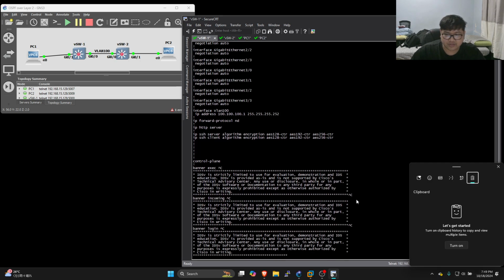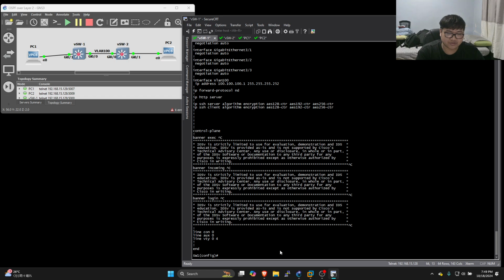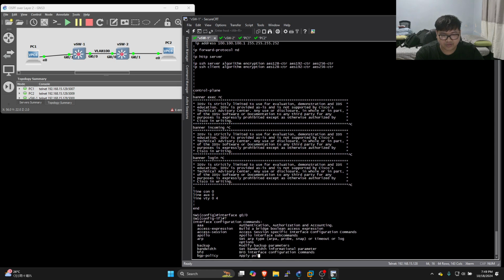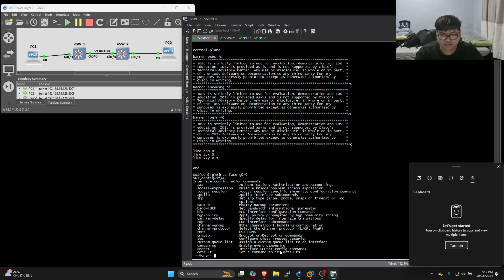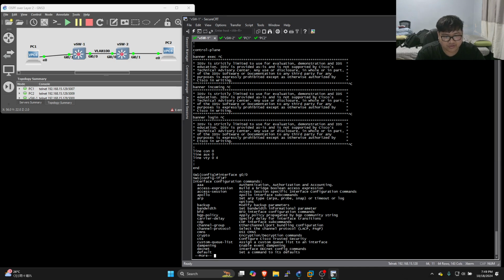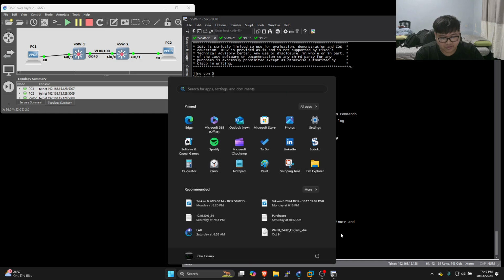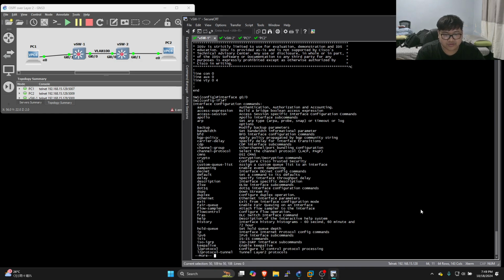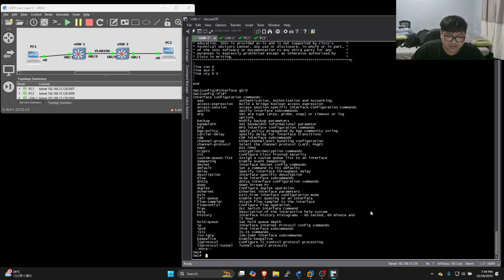So it's technically an access port right now. So let's turn it into a trunk, I guess. So interface 0/0/0. Let's change the negotiation. So I guess let's Control C this. What am I even doing? Control C. Oh, I have to go through this. Oh, there we go. Conf T